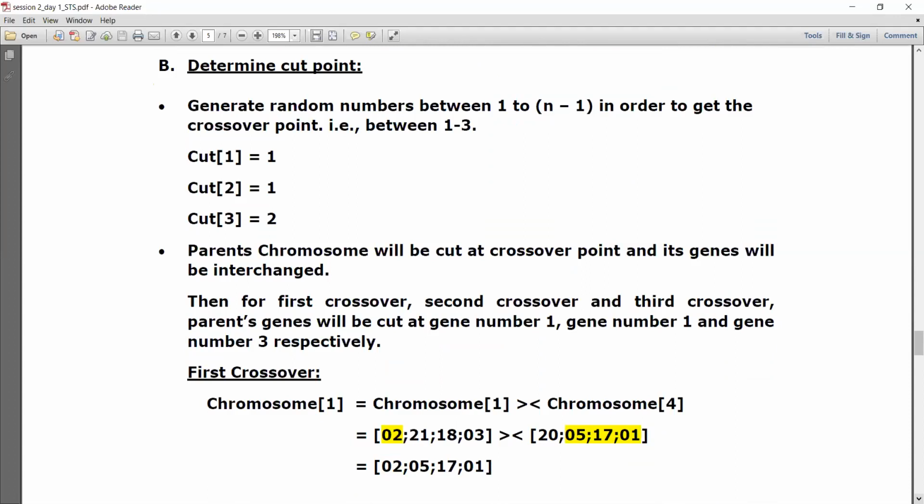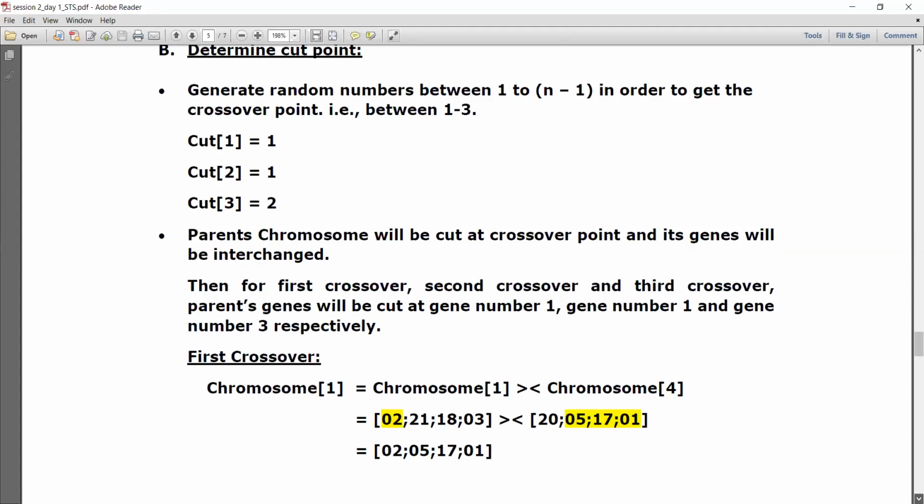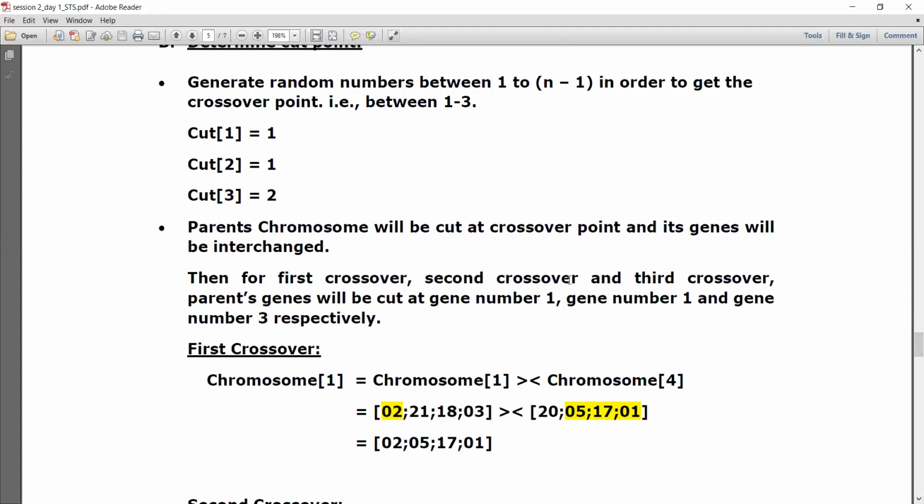In order to conduct this crossover operation, first I should know where the cut is going to start. I think you have dealt very clearly with single point crossover, 2-point crossover, multi-point crossover, and where we have to cut, how we can cut. And I think you have seen one elephant picture, is it not? In the elephant picture, he has shown very clearly the head and leg being replaced. The same process here. Now the cut point we are again going to generate randomly.